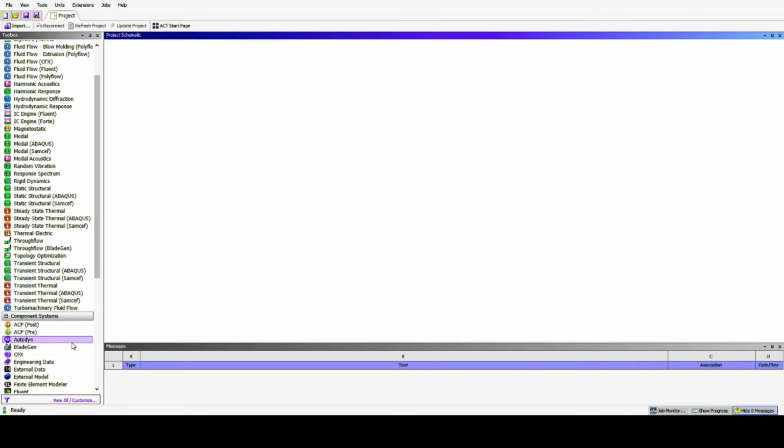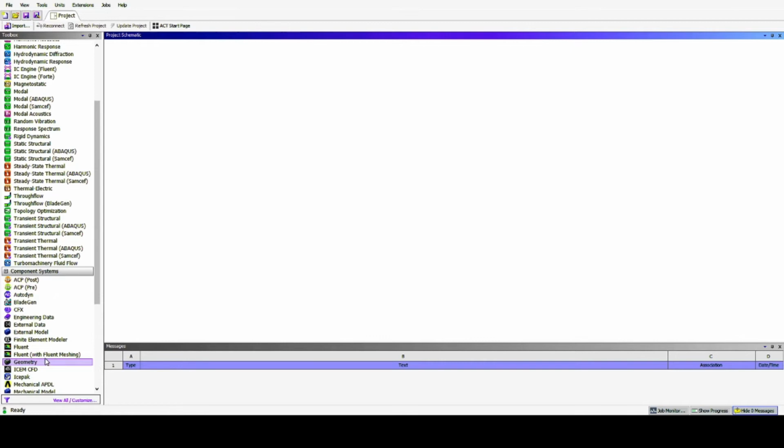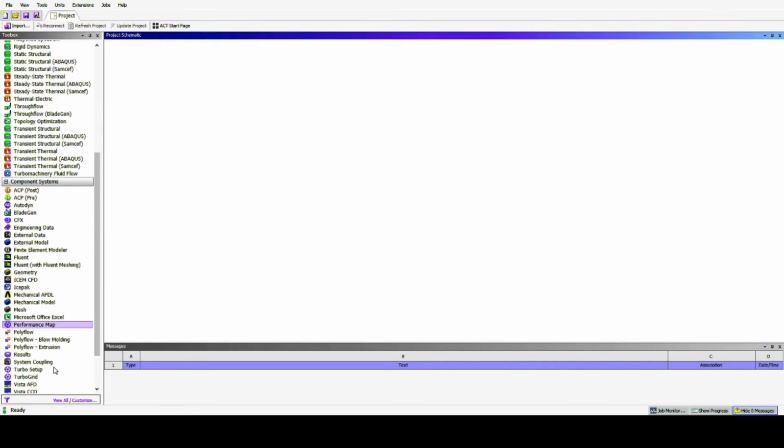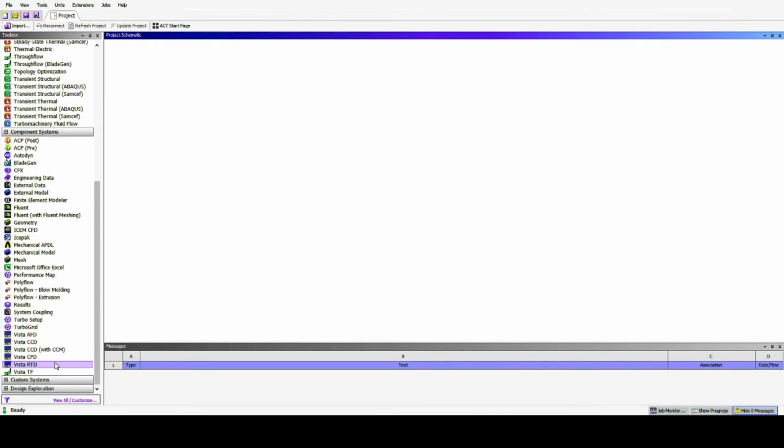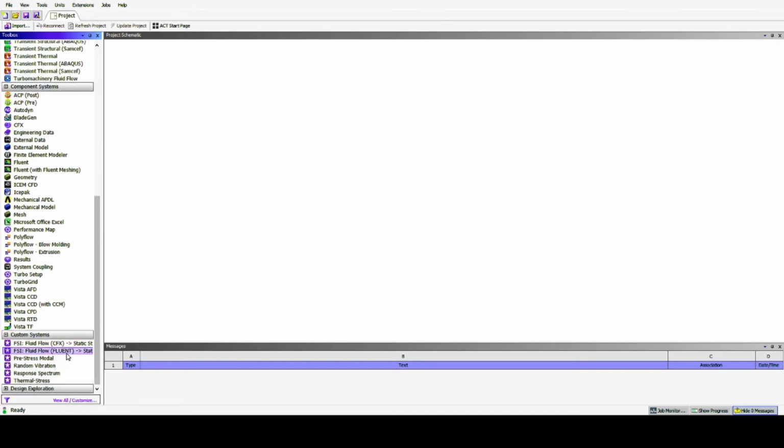I repeat, static structural. For example, when a force is acting on a beam, we need to choose which one? Static structural. Also, when water is flowing over a pipe, we need to choose fluid flow Fluent. These are all about the domains.